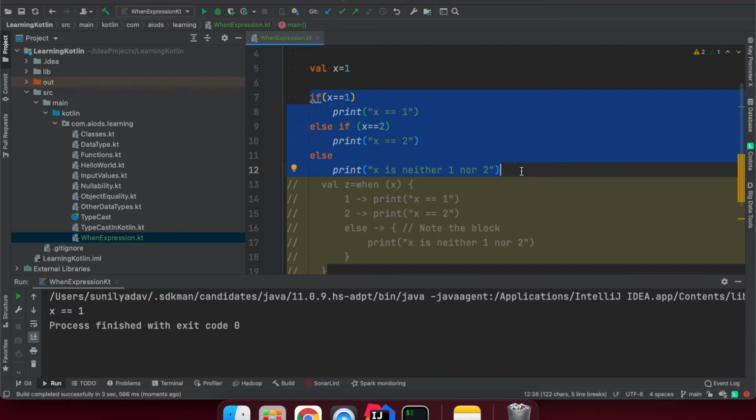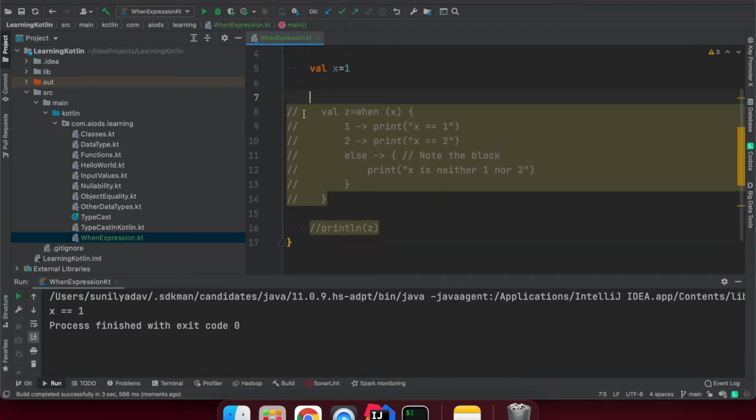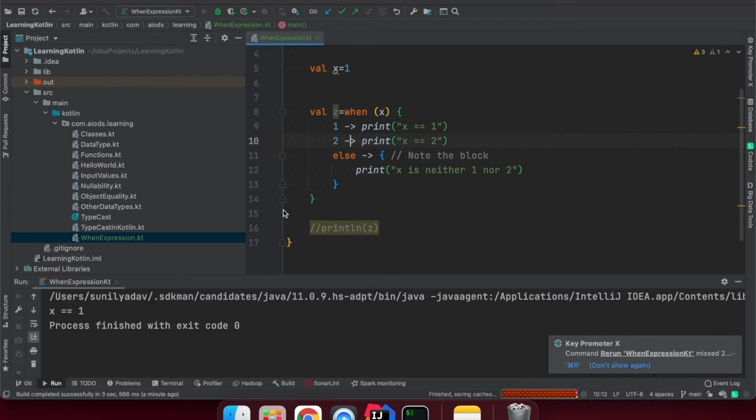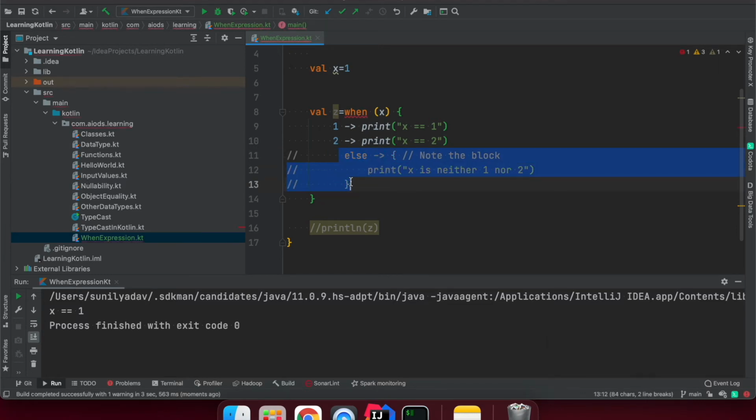That's why Kotlin gave us the when expression. We can use one expression and write more concise code this way. Here I'm saying that whatever value x I pass is going to be matched with the left side, and if that is true, then we execute the right-hand side. This way it's going to work. The same code we were running here is going to run. Suppose I don't want the else block, I can comment it out.